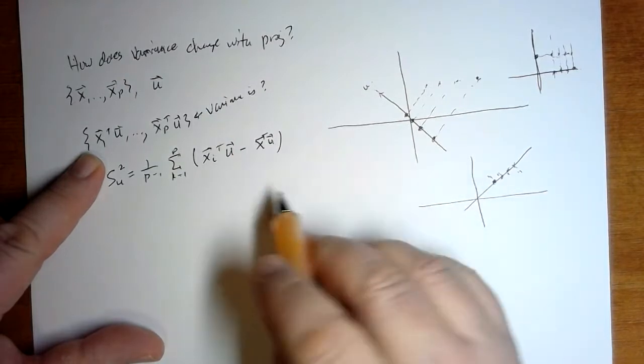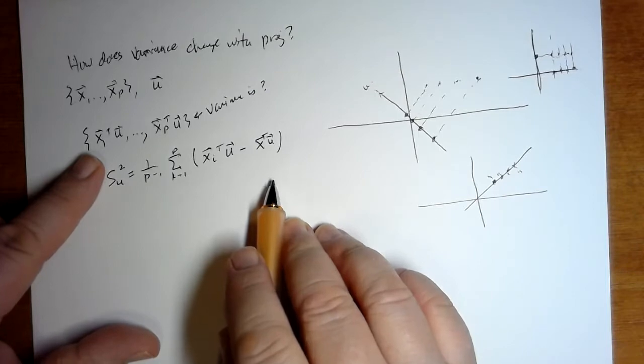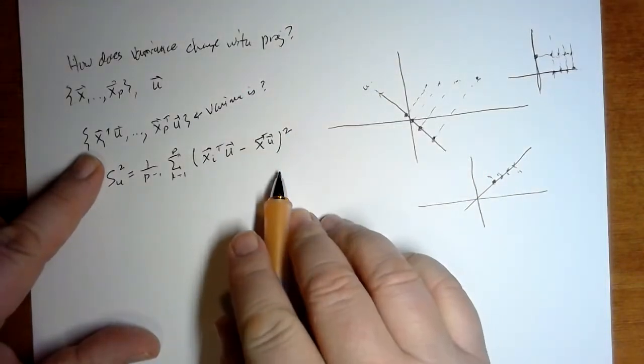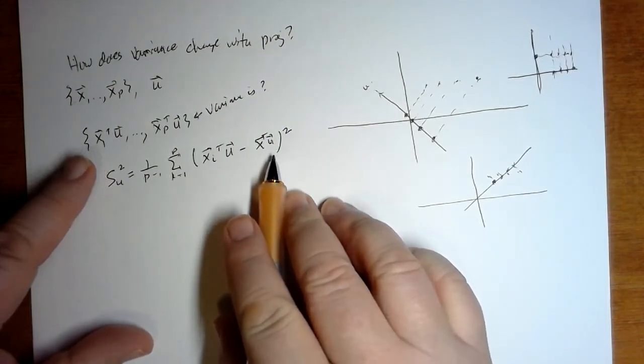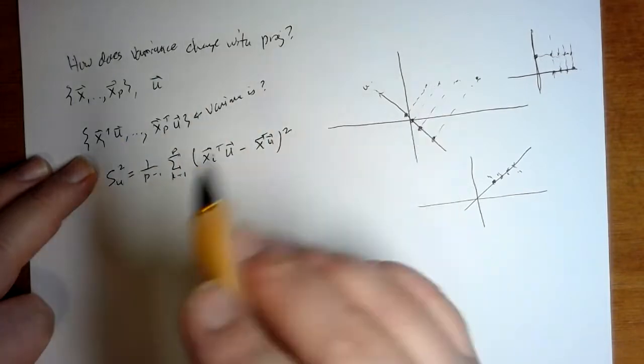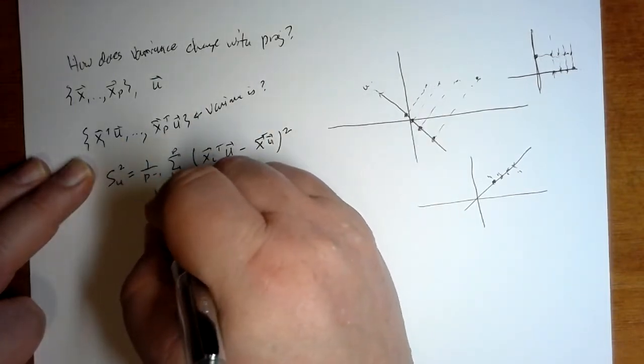And I can factor out the u if I would like. But what's going to make this simpler is if we assume that the mean is 0, because that's easy to do. You take your data and just mean subtract it before you use this formula. So assuming mean 0,